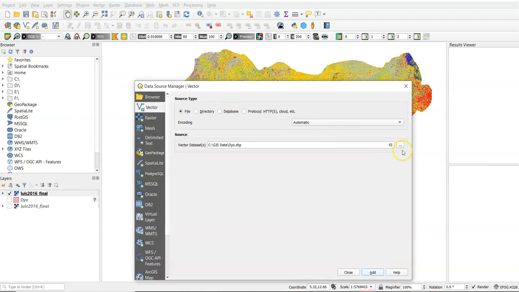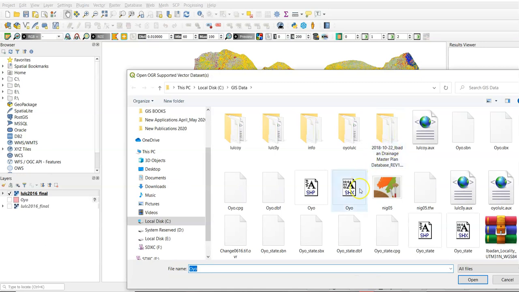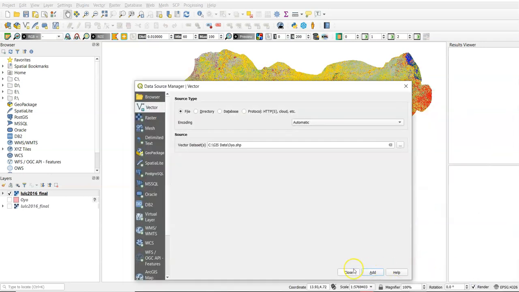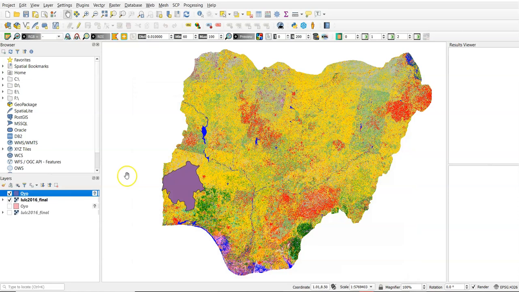And here we are going to look for the Oyo State map, and it's an SHP, that is a shape file. We click Oyo State map and we add. So we have the Oyo State map, which is vector data, and we have the map of Nigeria, which is raster data.